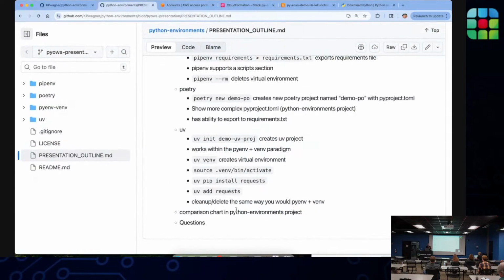So, any questions? Yes, sir. Now you've read about all these ones, do you have one that's kind of your favorite or one that you'd use going forward? Yeah, sure. I still like to just use pyenv and venv because it's very simple, it's very available, and I like that. So, it's the typical deal of you like what you know, and I know it the best.